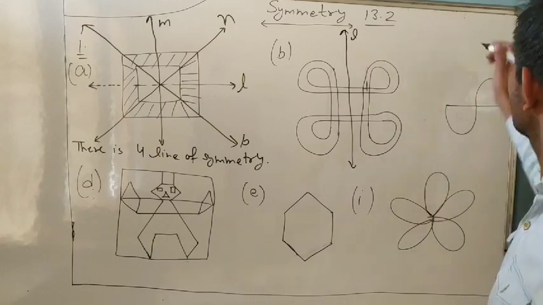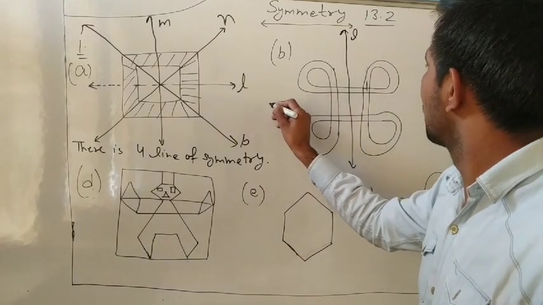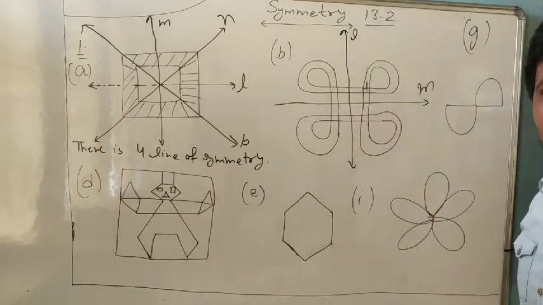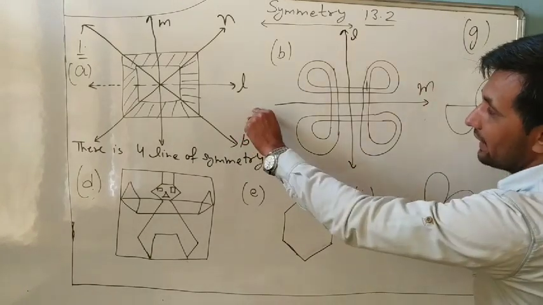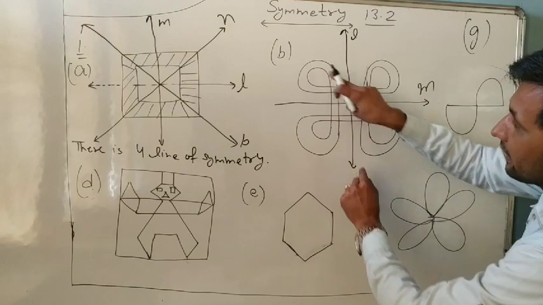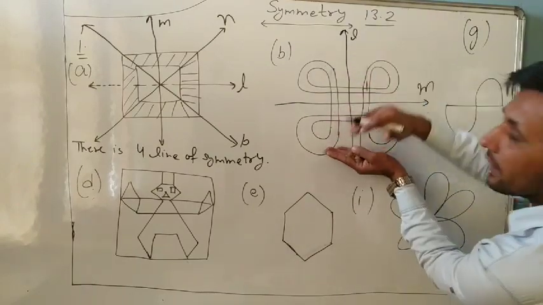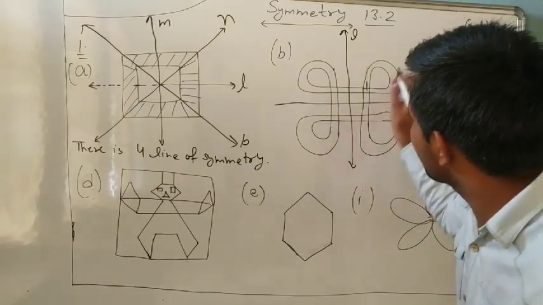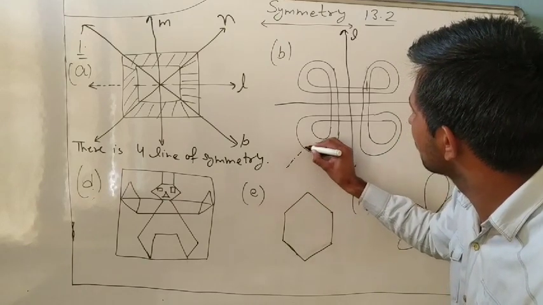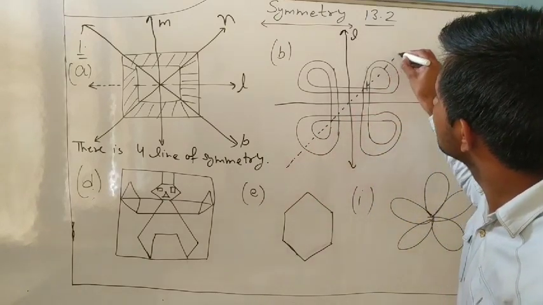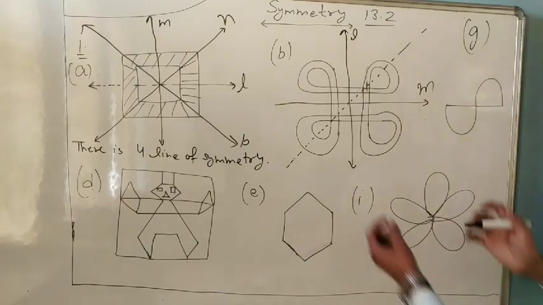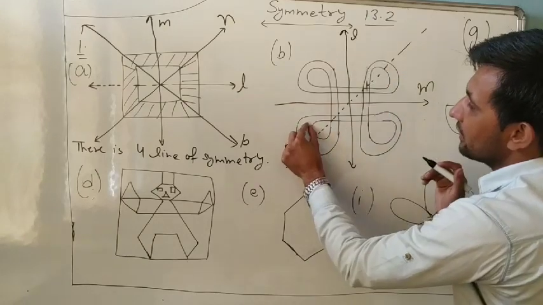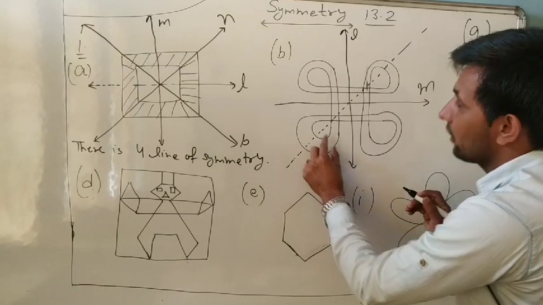Next is horizontal. It is also a line of symmetry or not? Yes, when we fold, it is a line of symmetry. This one covers this one and this one covers this one. So when we fold it, they are two identical figures. Next, if I take diagonally like this one, yes, they will cover each other. When we fold diagonally, this half covers this one, and this half covers that one. Understand or not? So it is also a line of symmetry.